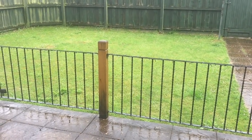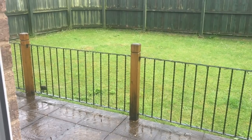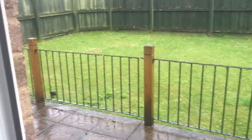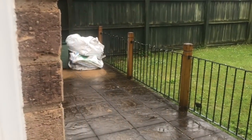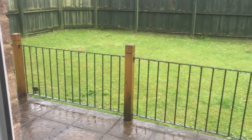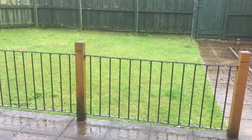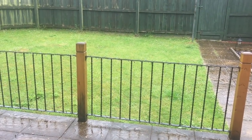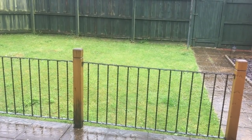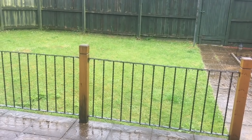Right, this is what the weather's brought us today. I hope this is not in for the whole weekend. Over there I've got all the bags waiting to go to the tip. Hubby's just took Big Red in for its service and MOT. That had to be to the garage for 8 o'clock this morning. My son's gone to work, so